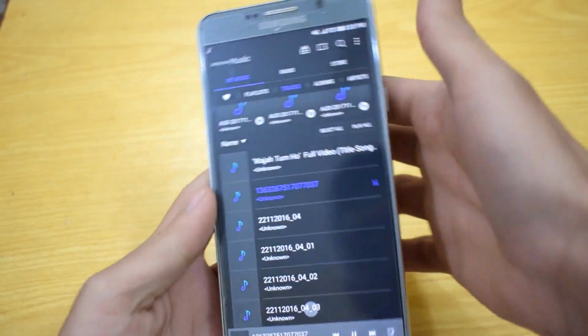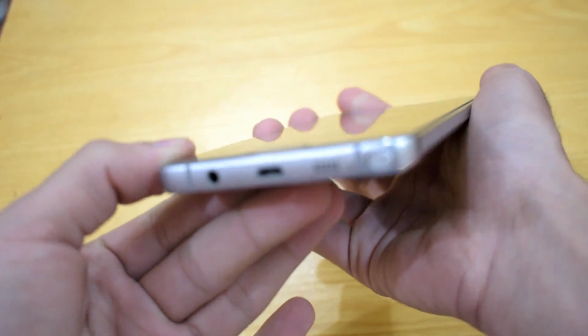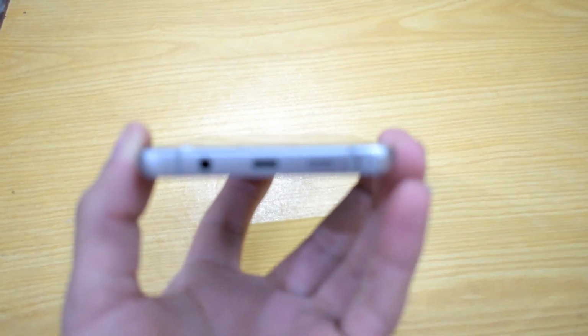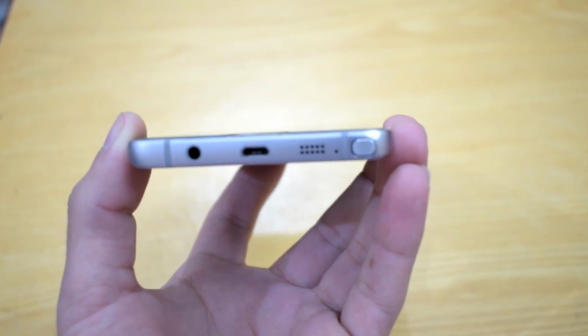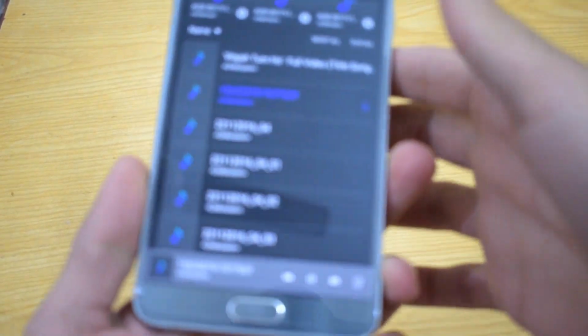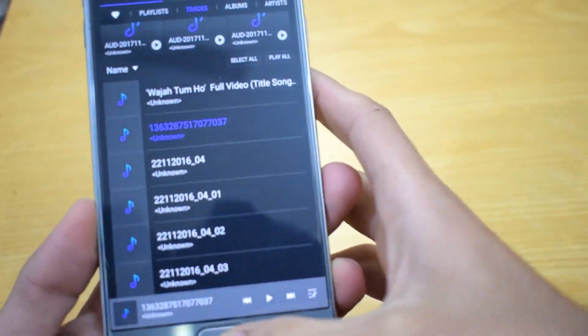I really like this because the sound is very nice. The audio quality is also very nice, pretty cool. I really love this phone because of the audio. If you want to watch movies, that's very nice. The games are very nice too, and it also looks very nice. And the fourth thing is